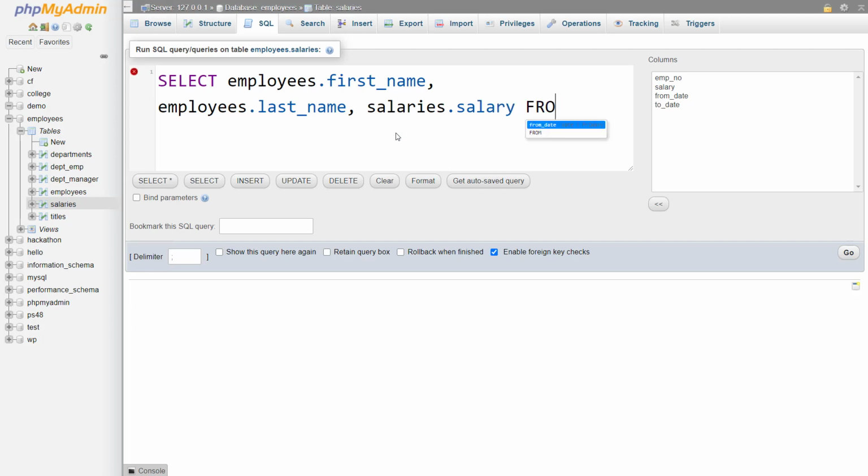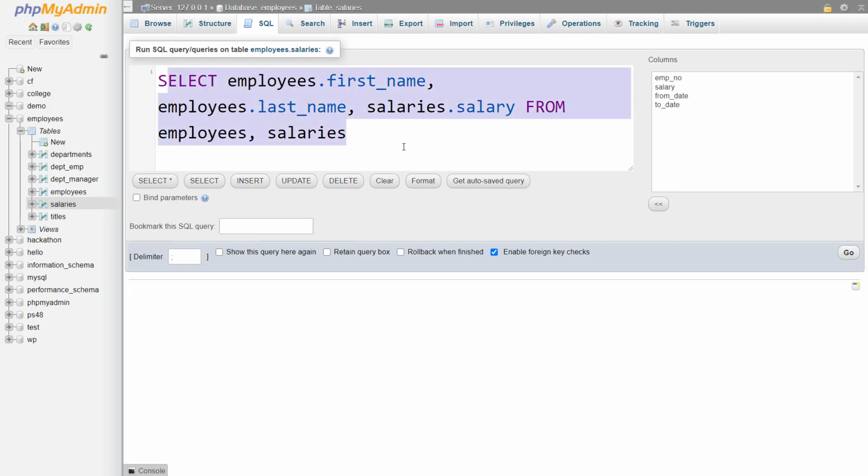Now I have to specify names for both the tables in the from statement. From employees, salaries. This is simply not enough. We also have to specify a relationship between the two tables, and we specify that using the where clause. This might get a little bit complex for you, but you will eventually understand. So where employees.employee_number is equal to